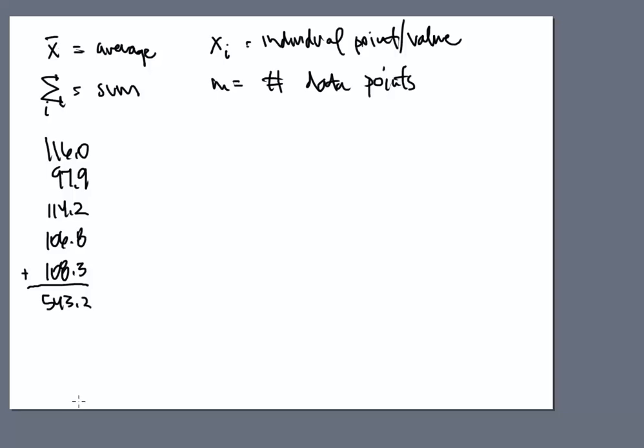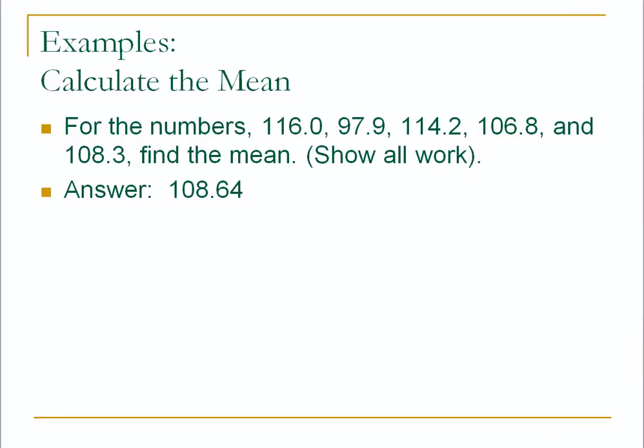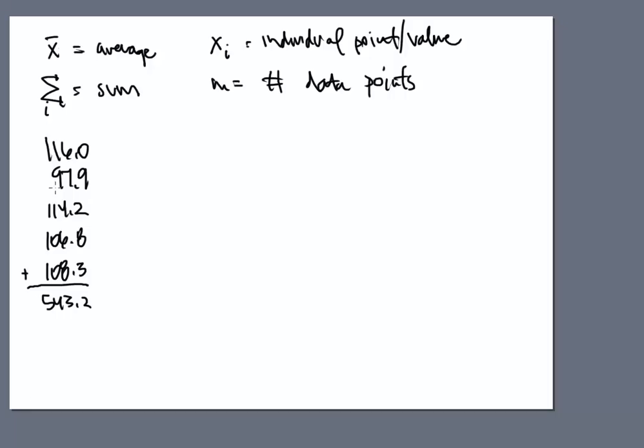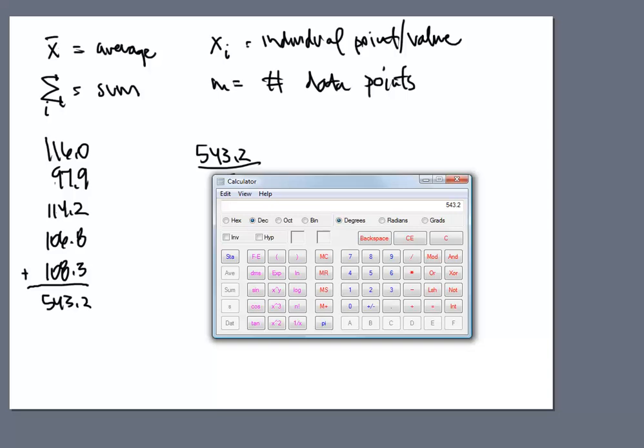The equation says you add up all the points and you divide by the number that you have. Let's count them off: 1, 2, 3, 4, and 5. So I'm going to take 543.2 and divide that by 5, because I've got 5 data points. When I do that, I get 108.6